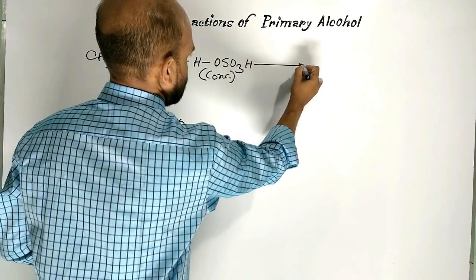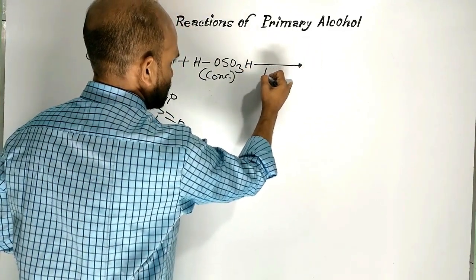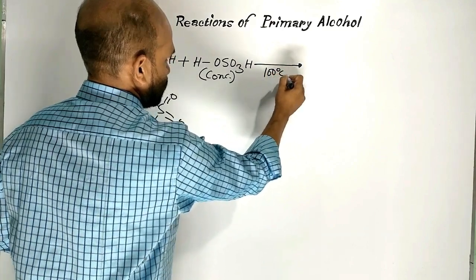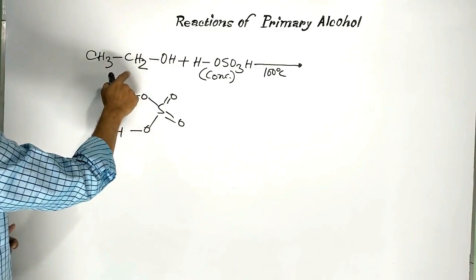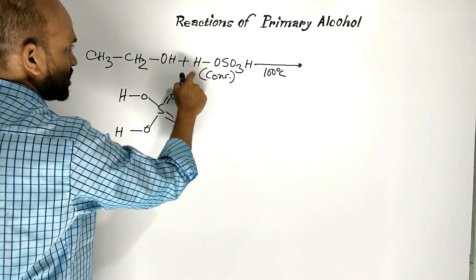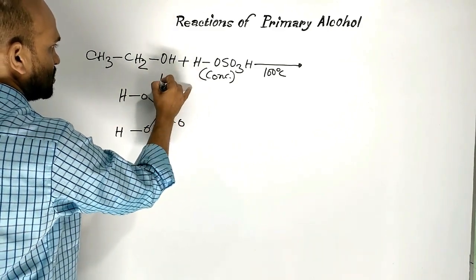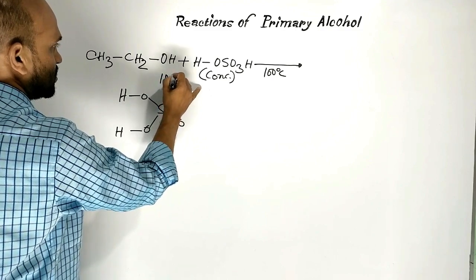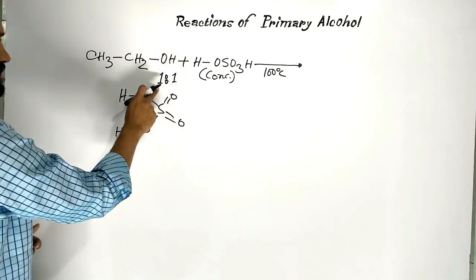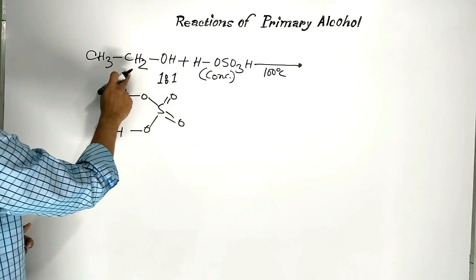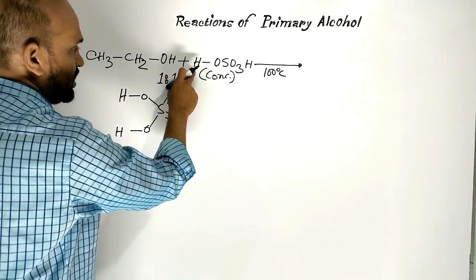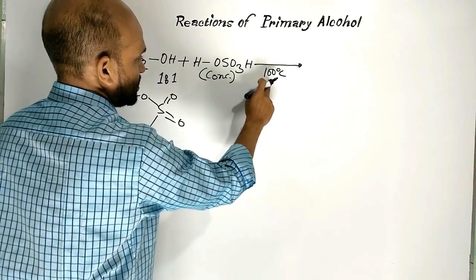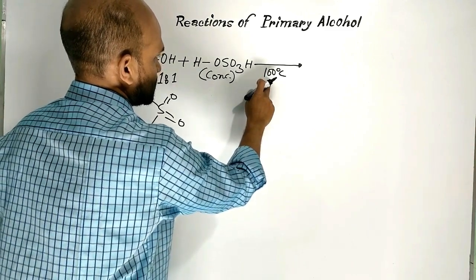When this is heated at 100 degrees Celsius temperature, and ethanol and concentrated sulfuric acid are taken in 1:1 ratio, equimolar volume of ethanol and concentrated sulfuric acid, and the reaction is heated at 100 degrees Celsius